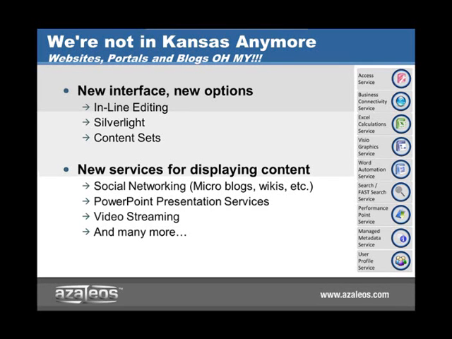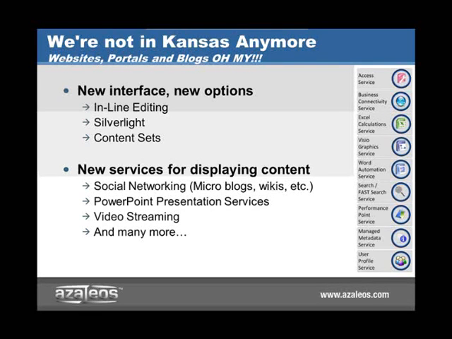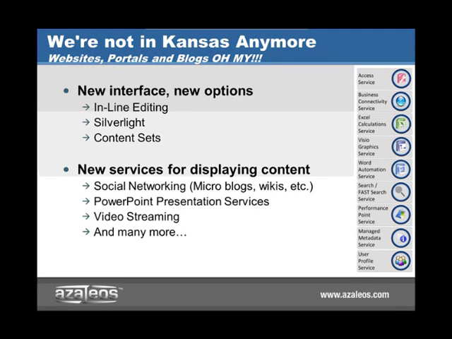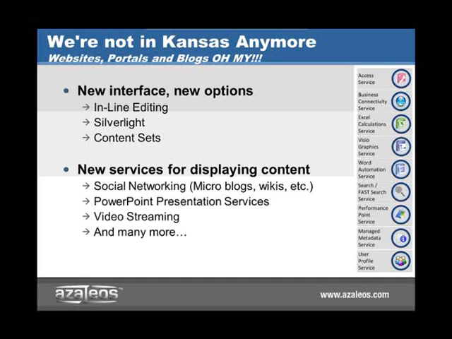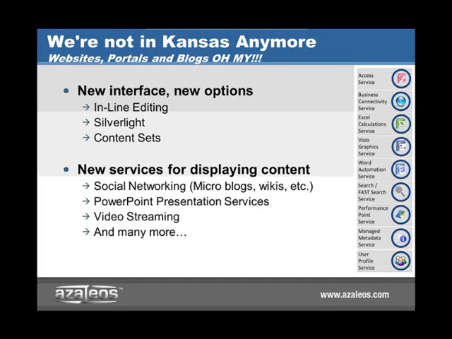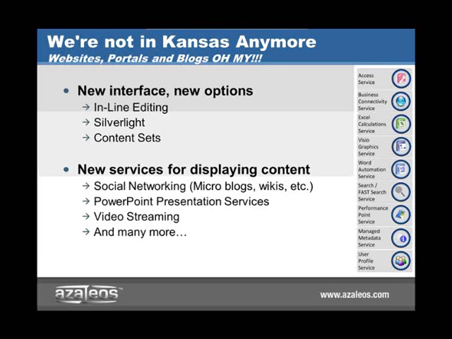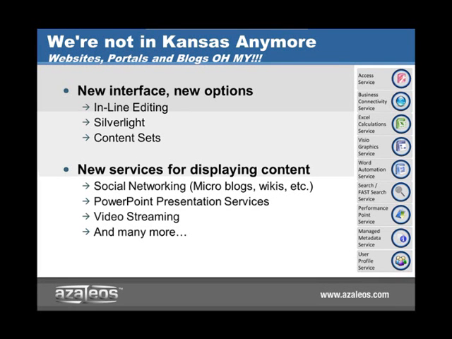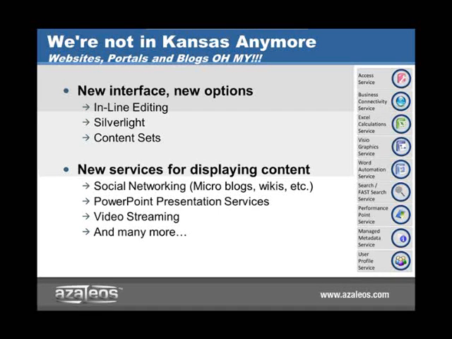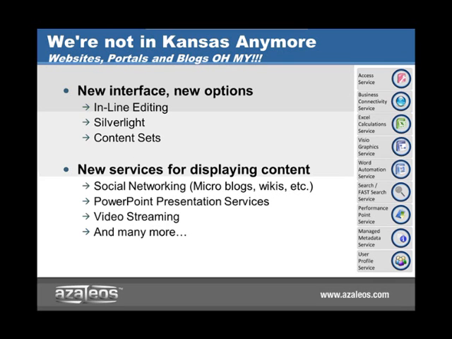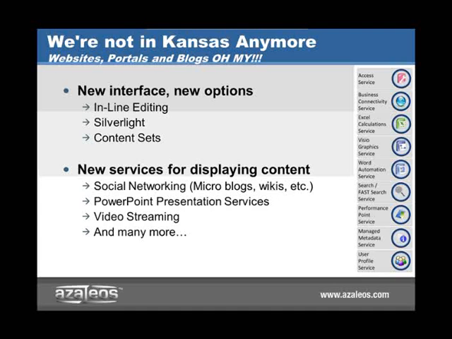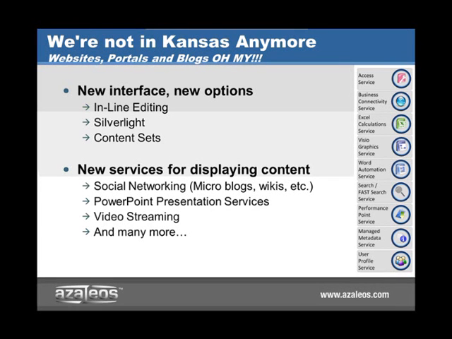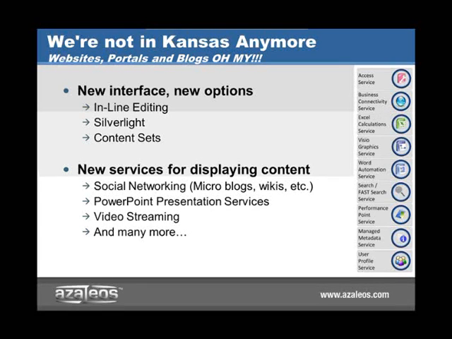Some of those I have listed there on the right, with Access Service, Business Connectivity Service, which is the renamed Business Data Catalog, Excel Calculation Services, which they've greatly expanded, the new Visio Graphics Services, the ability to display full fidelity Visio diagrams in a web page with connections back to other lines of businesses to show in a semi-real-time state. The Word automation services to be able to convert things to and from Word to PDF to HTML